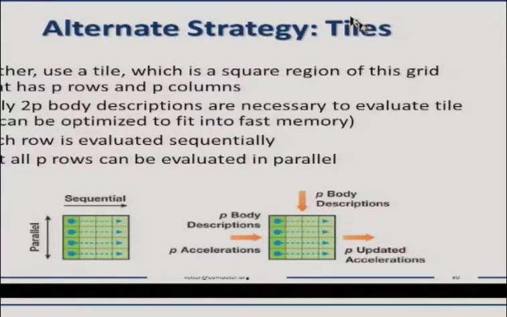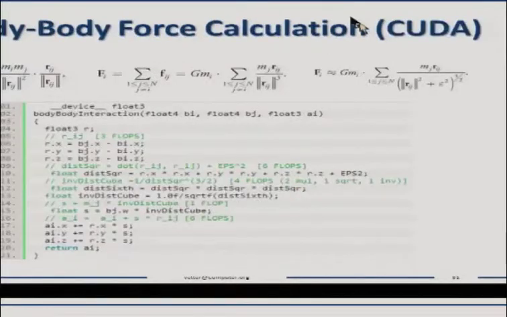The key is that you've got a lot of parallelism here, and this could be some combination of blocks and threads per block, so you could literally have thousands of these being executed, and then as they sweep across this grid, they're pulling in the body descriptions into shared memory, computing that segment, and then moving on. And so if you look at this body-body force calculation, and this is the most basic calculation that you need to do,